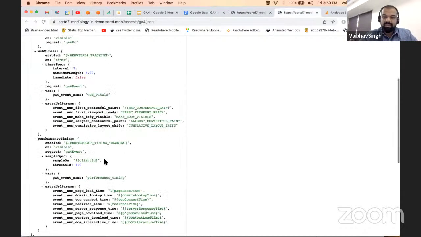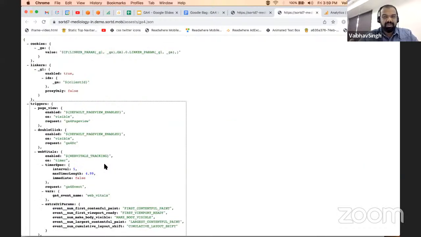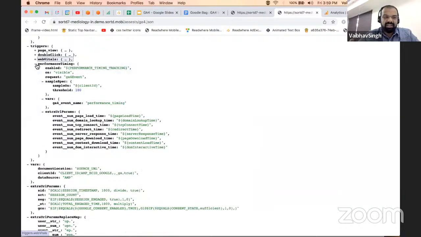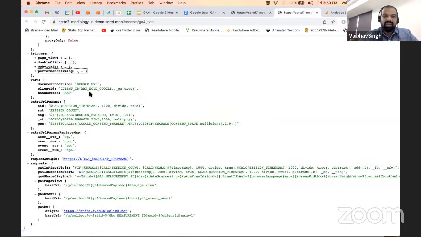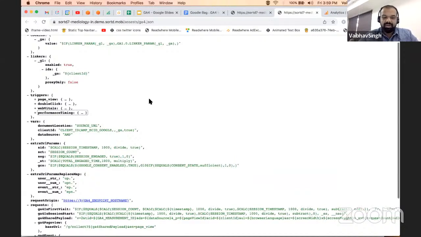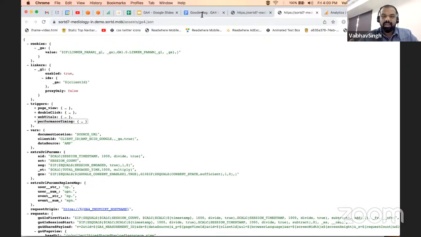These variables are very carefully matched and created specifically for news and media websites, but work universally at all places. You don't need to make any changes inside this particular dashboard. Although if you do have any questions, you could reach me on my email ID and we would be happy to answer. Just to give you an overview, we have mentioned all these triggers inside it, whether it is page view trigger, Web Vitals trigger, performance trigger. There are a lot of other variables which we have covered inside this. So you don't need to make any changes over here, although if you have any query, you could always reach out to us.